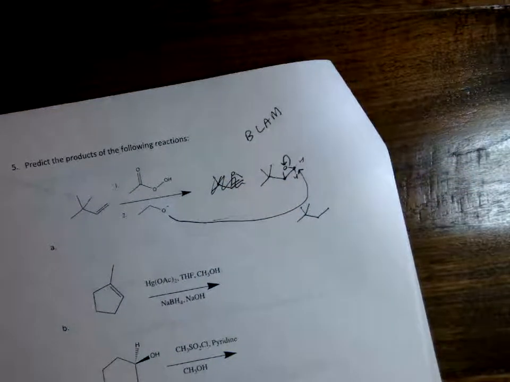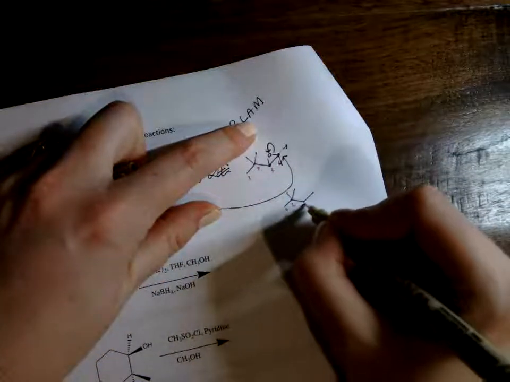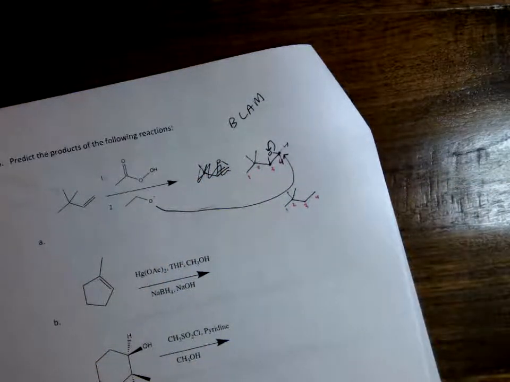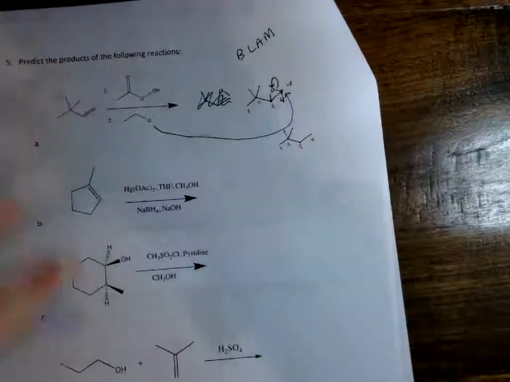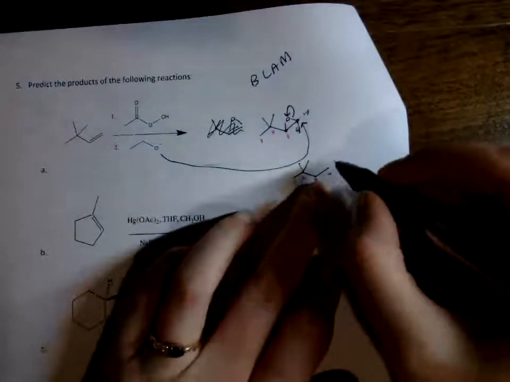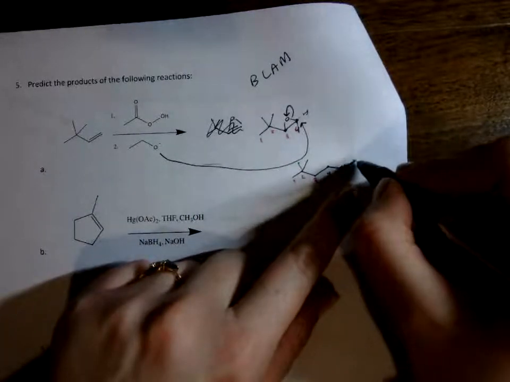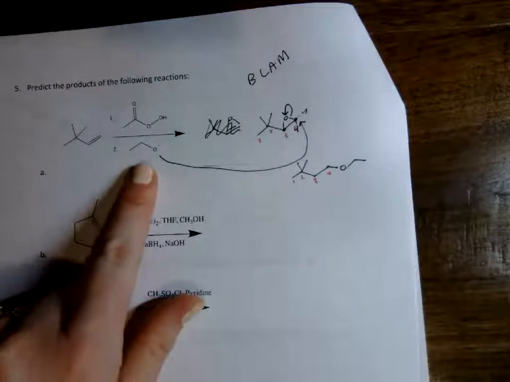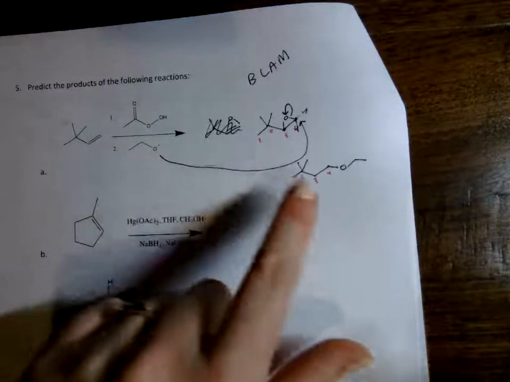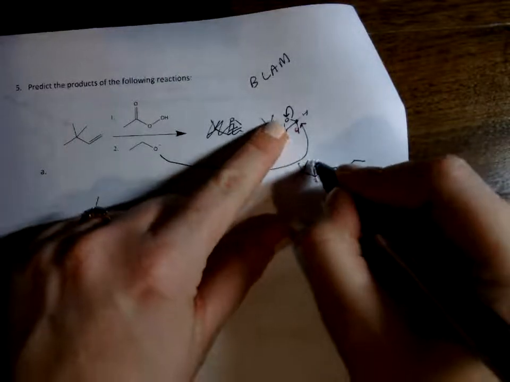So I always number my carbons because I always lose them. 1, 2, 3. That's a hydrogen, but I'll just draw over it, 4. So 1, 2, 3, 4. Carbon 4 is where the oxygen attacked, you can kind of see my handwriting's pretty small. There's a new bond that forms from 4 to that oxygen, and then it comes with the ethyl group, the CH2CH3. But at 3, the bond broke between 4 and the oxygen, but 3 still has this oxygen with